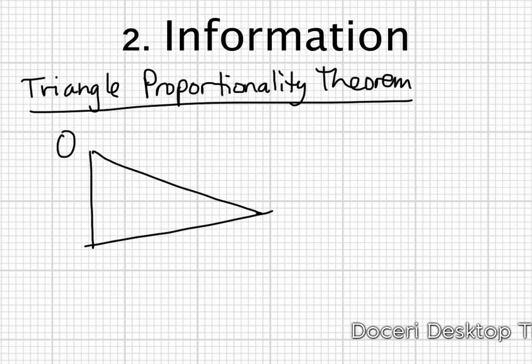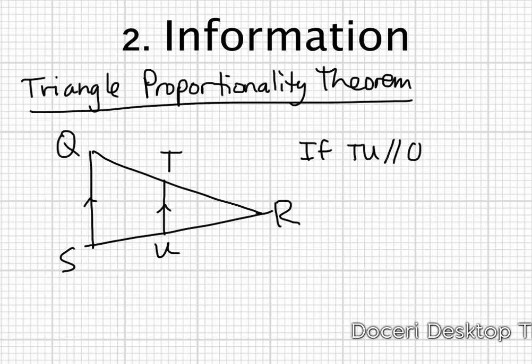So let's say I have Q, R, and S. This is my triangle. If I draw in a line here, let's say that's TU, so that TU is parallel to QS,